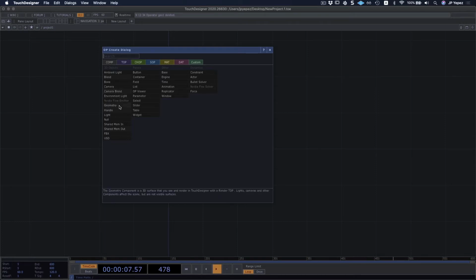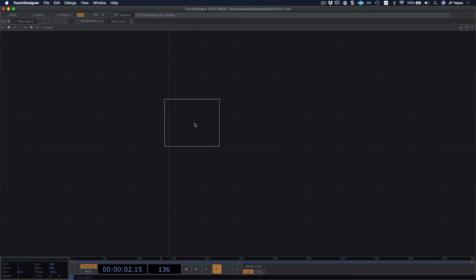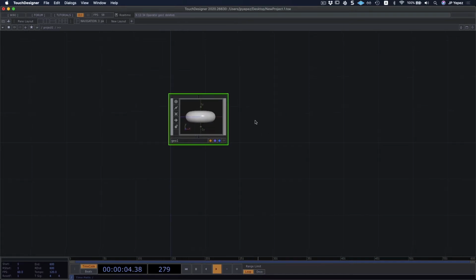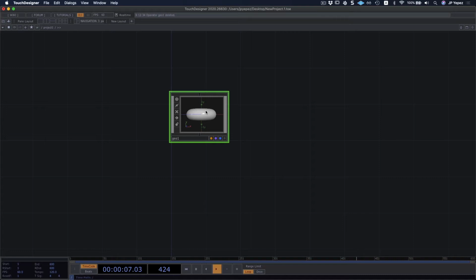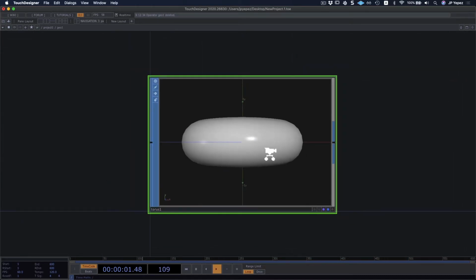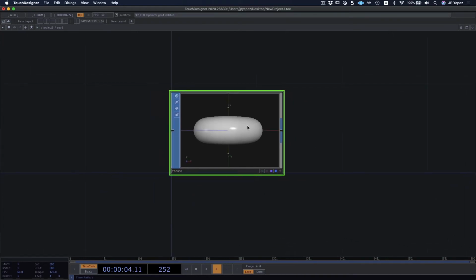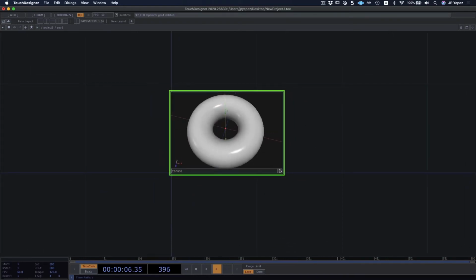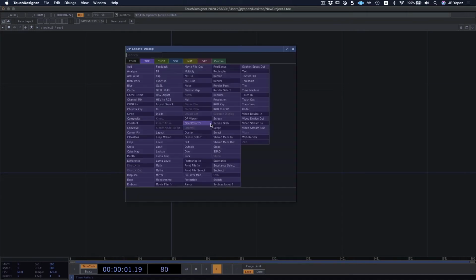We're going to get started with geometry, but keep an eye on all the other 3D objects. You might be able to read this even though it's a bit hard to spot. But these are all 3D objects that might come in handy while you do this. We're not going to use all of them. In fact, I don't ever use all of them, but it's useful to know they are there. The geometry COMP holds our geometry. If I go in, I'm going to notice that there's a torus in there. I'm going to get rid of this SOP, and I'm going to replace it with a sphere.